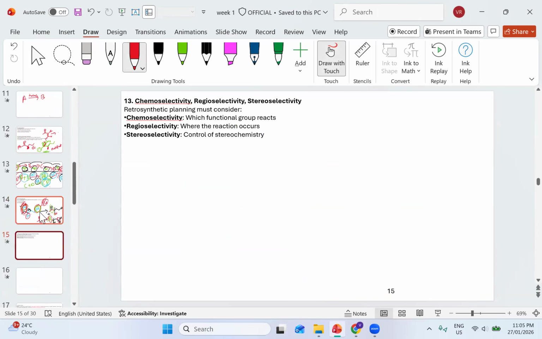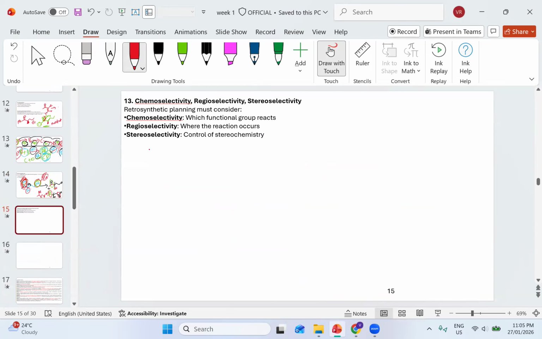And there is the last concept in chemical retrosynthesis, which is chemoselectivity, regioselectivity, and stereoselectivity. So this we will see with some examples. So basically, I will show some examples. Let's say,